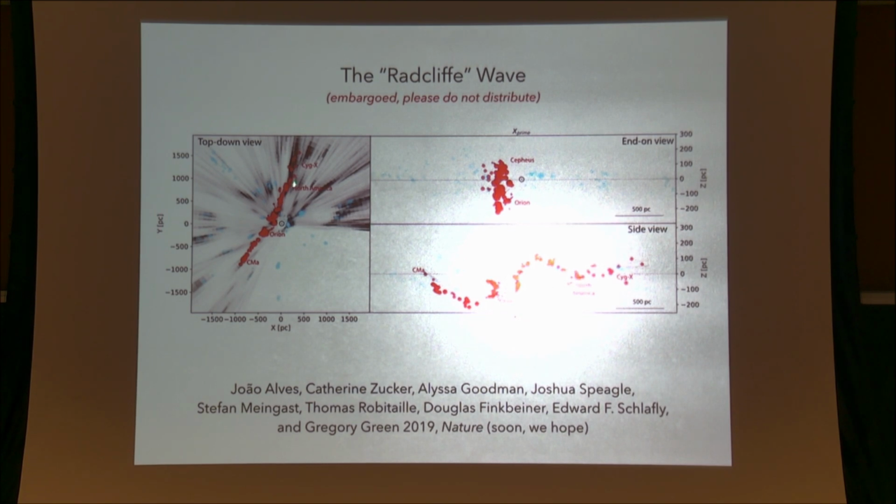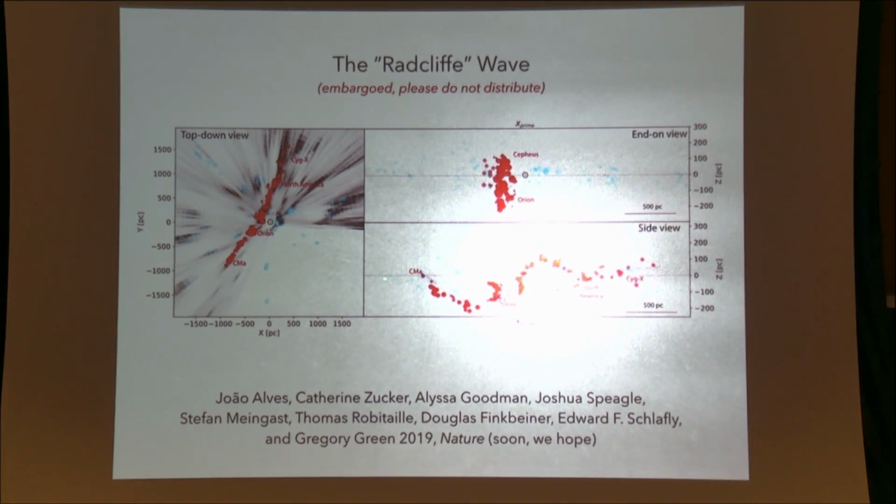But what you see highlighted in red here is a long chain of what we would formally call molecular clouds. These are famous things that have names, like Orion and the North American Nebula, et cetera. From the top, this makes a very straight line, which is very strange. From the end, it's pretty compact. This is several tens of parsecs across. That's sort of end on. And then this is the weirdest one.